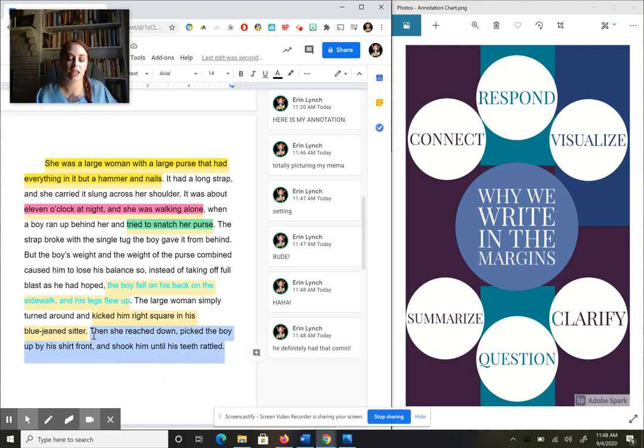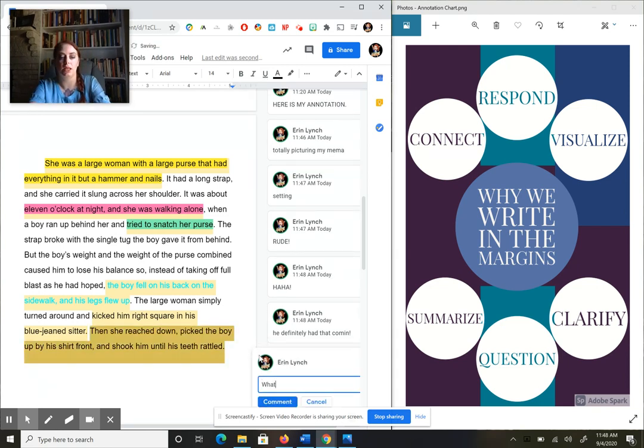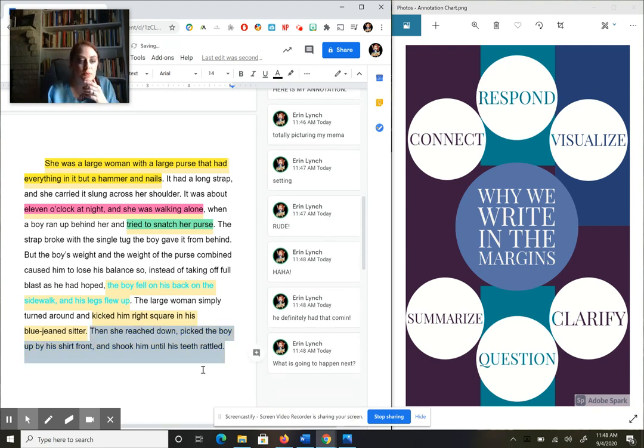So when I read that, the thing that pops into my head is, what is going to happen next? What is this lady about to do to this boy who just tried to steal her purse? Okay, so let's pause there. Do you see how as I was reading, I'm thinking the whole time about what I'm reading, and then whatever is in my head, I'm putting on the paper, right? Whether that's a visualization, I'm picturing my grandma with the way that this lady is described,